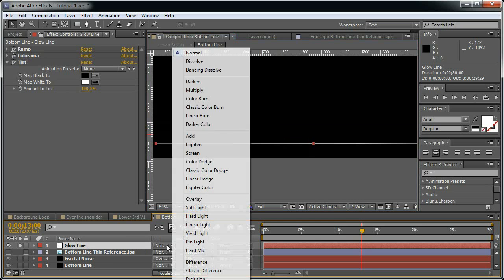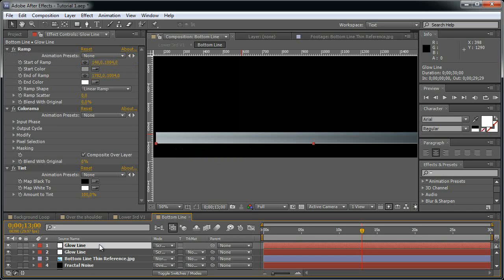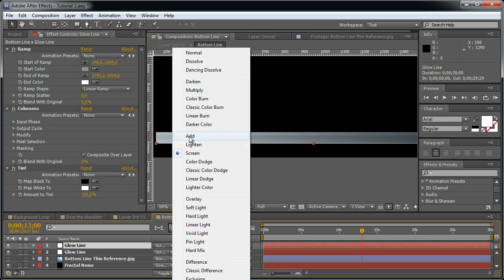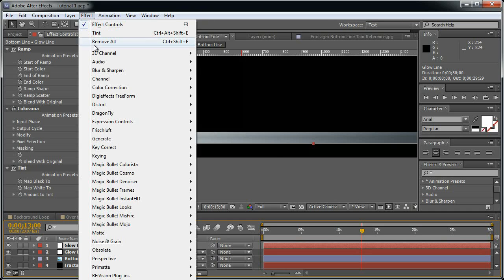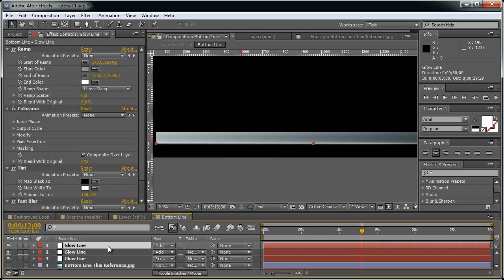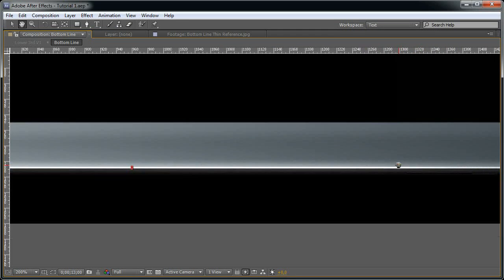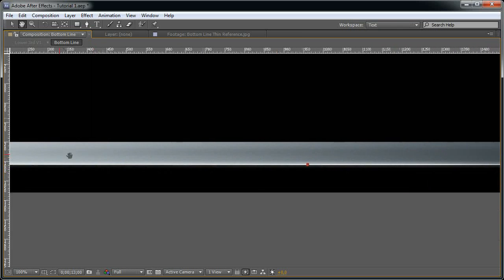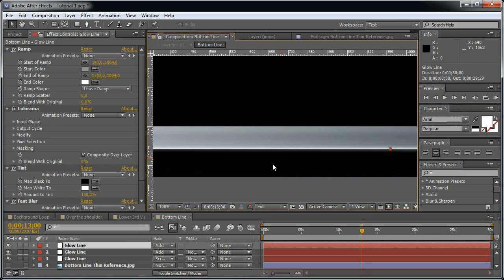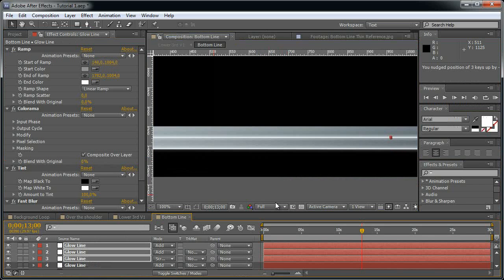Let's change the blending mode to screen, and let's duplicate it, change the blending mode to add, and we're going to start to blur this. Let's set the blur to 10 and duplicate it once again. And this is how we get this nice and soft glow. And we are going to duplicate these 3 layers and move them on top